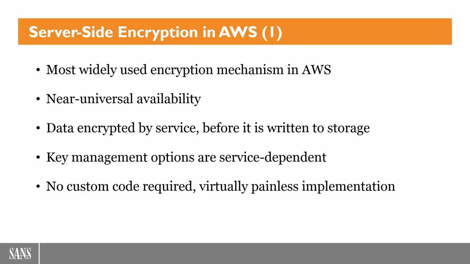But in AWS, there are two basic forms of encryption. One called server-side encryption, and the other is client-side. The names are rather clear what they imply. But in AWS, server-side encryption is by far the most used. So it's available on virtually every service that AWS provides, but I say virtually because there are services, you may be surprised, that don't provide it. It wasn't until about a year ago that DynamoDB provided server-side encryption. And there were other services.